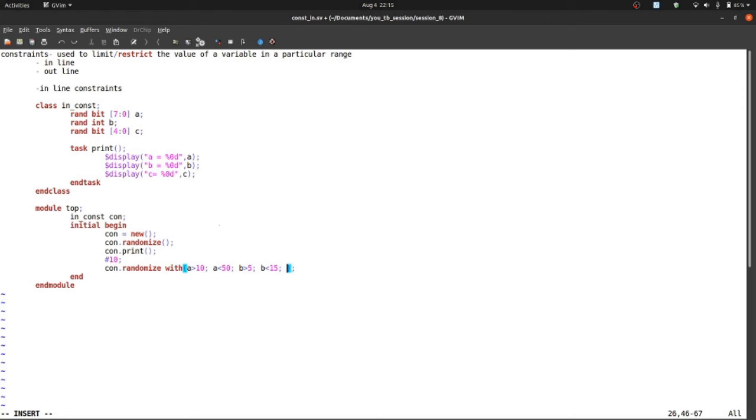Again for c, let's say c is greater than 10 and less than 15. But this is a 5-bit value, so let's say less than 7. No, it is not a good way, because greater than 10 and less than 7 will be an error. So greater than 5 only and less than 7, right?